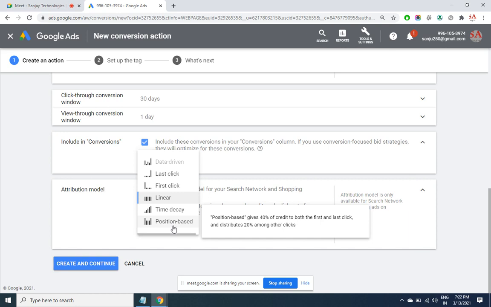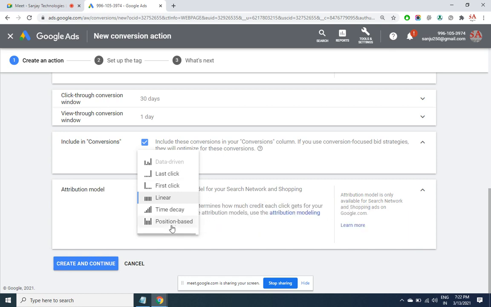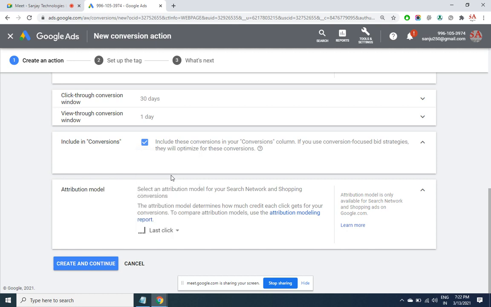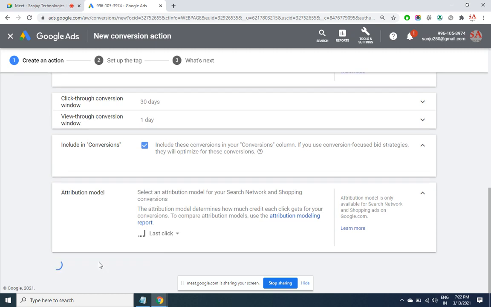You want to give credit to the kind of platform which has got your ad in a better position, irrespective of the first click or the last click. So these are all the options that you have, where you say that yes, this acquisition is a proper acquisition. This is the most viable option: last click, the most commonly used and legitimate option. So once all these options are set, we click on create and continue.